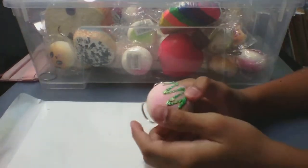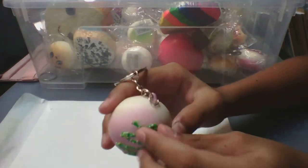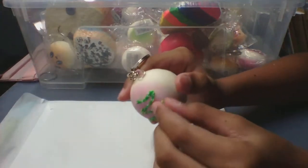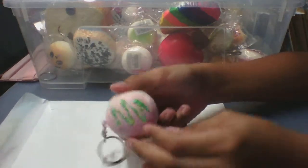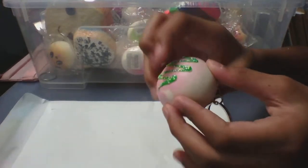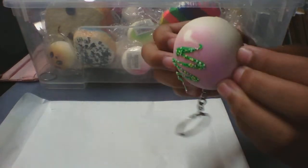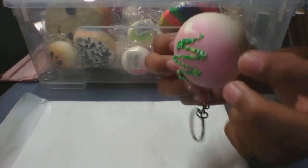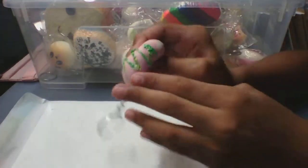Okay, this is the last item, I think so. Yeah, it's the last item. Which I bought this defected, super defected, like defects on that, and everywhere and peeling up there, but I don't care. It's super squishy, and I asked my mom if she wants this. So yeah,